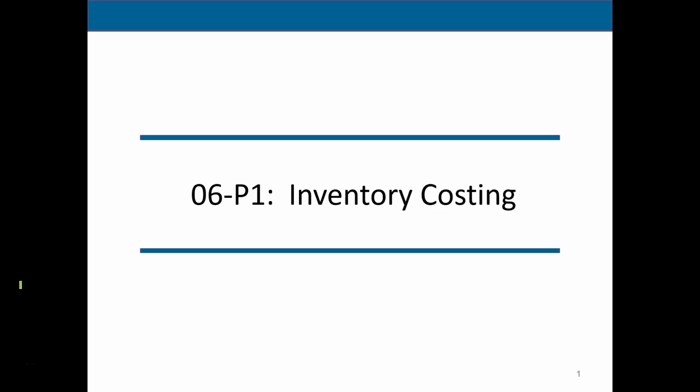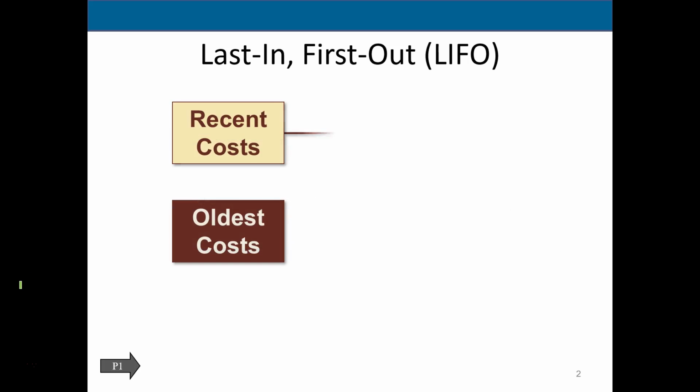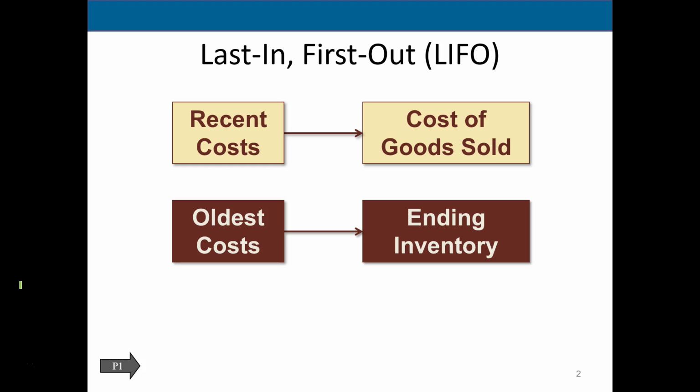Hello, in this lecture we will continue on Chapter 6 talking about inventory costing. We're going to talk now about last in, first out. We have talked about the specific identification method as well as the first in, first out method. The first in, first out method is more intuitive to most people because it follows what we would expect to